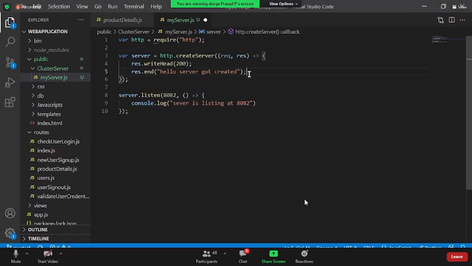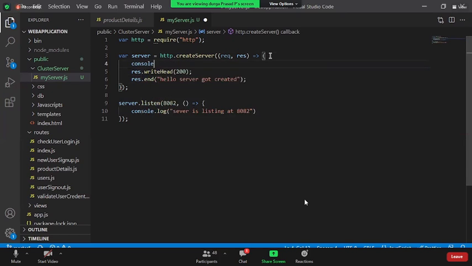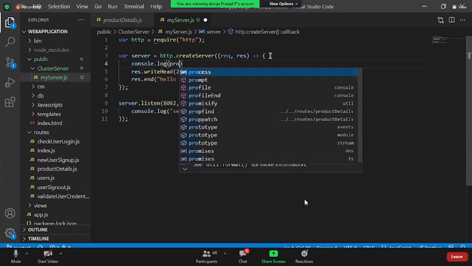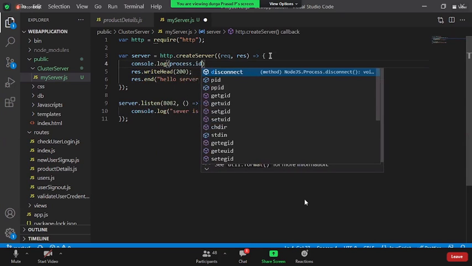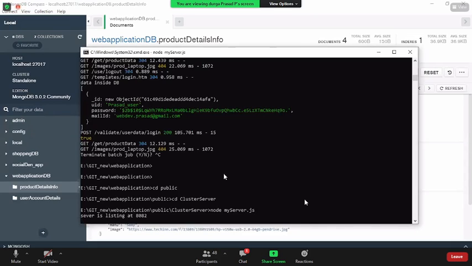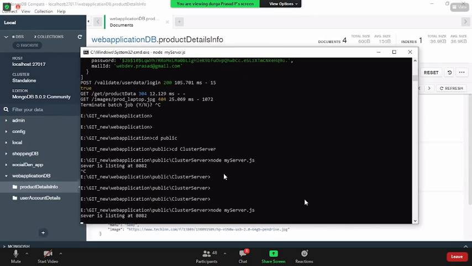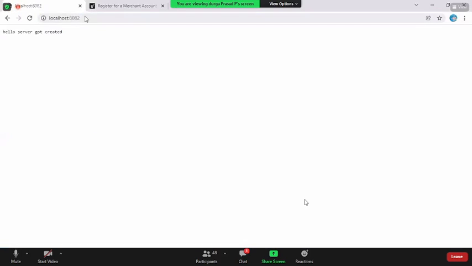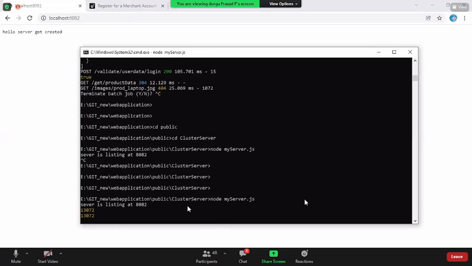Along with this, we can say console.log process.pid. Okay. Restart your server. Once you restart your server and reload the page, it says 13072.